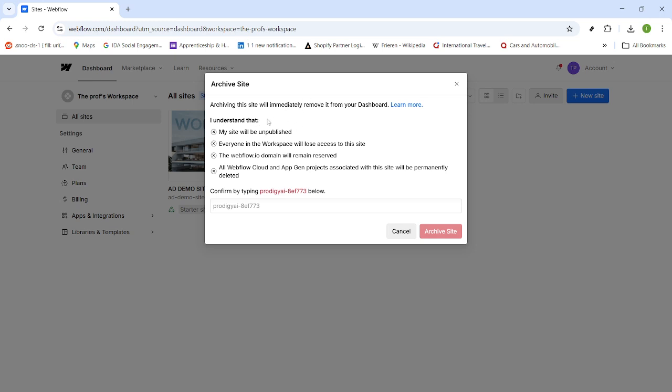This avoids surprises later. Here's what that confirmation is telling you. Archiving immediately removes the site from your dashboard view. The site will be unpublished, so visitors won't be able to reach it. Everyone in the workspace will lose access to the site, which is helpful to prevent edits after removal. The Webflow.io subdomain that was tied to this project will remain reserved for you, so no one else can claim